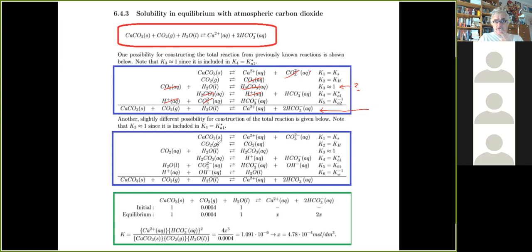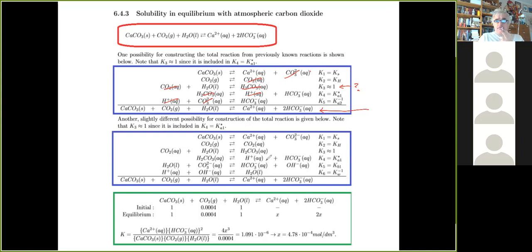I dissolved carbon dioxide, and that is transformed to carbonic acid, and carbonic acid dissociates. But up here I let the carbonate ions react with hydrogen ions to form hydrogen carbonate. Then I identified that reaction as the inverse of the second